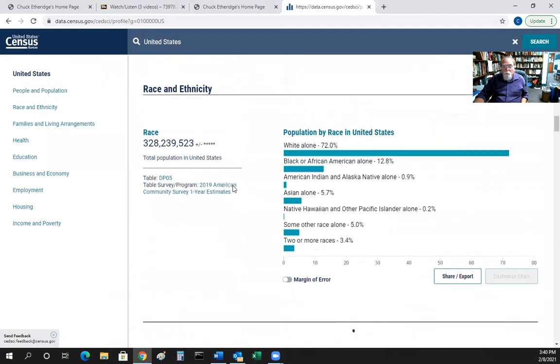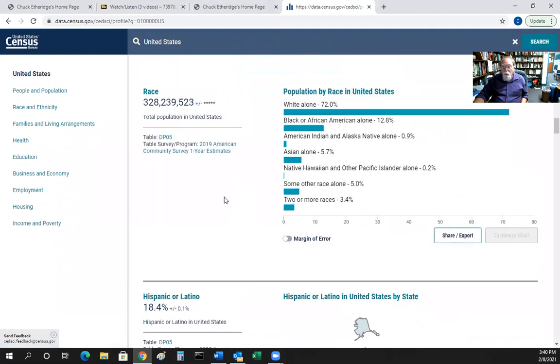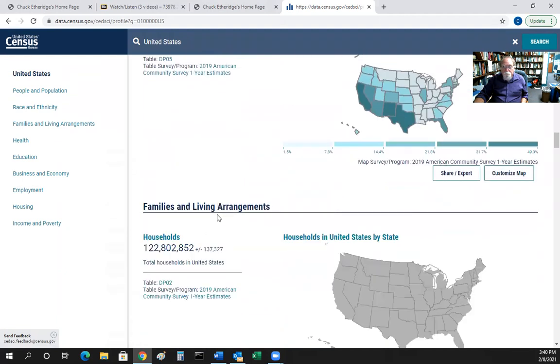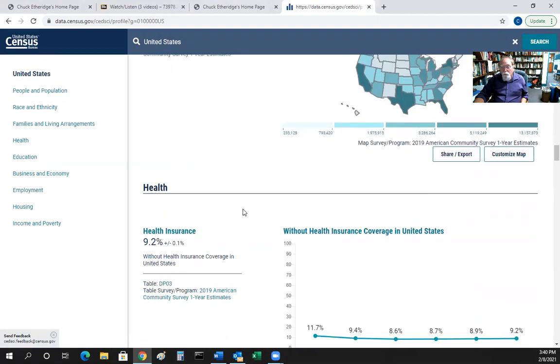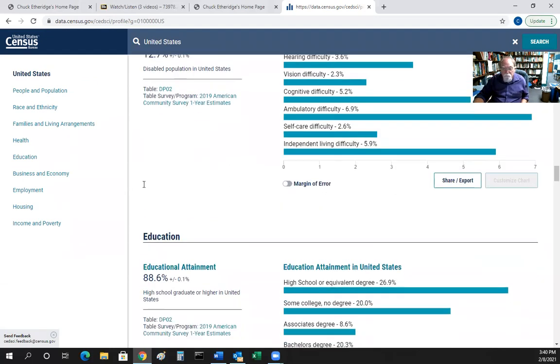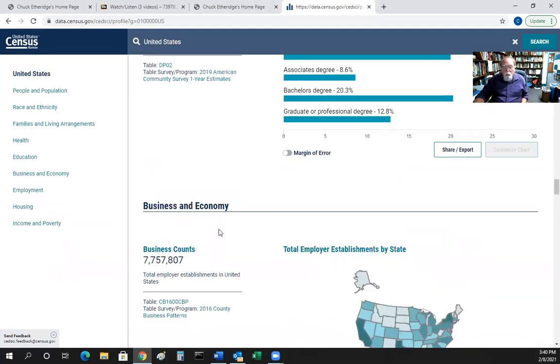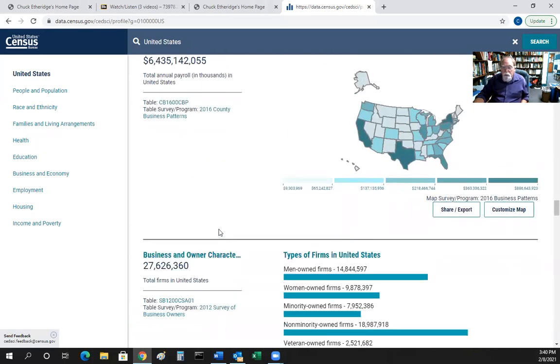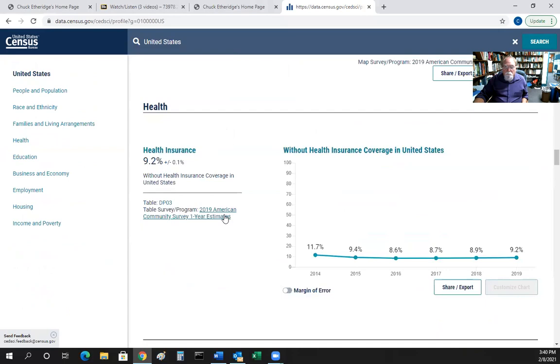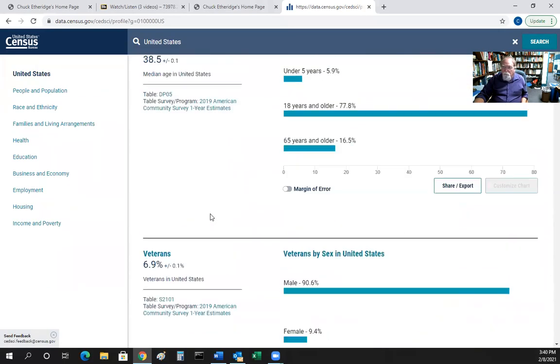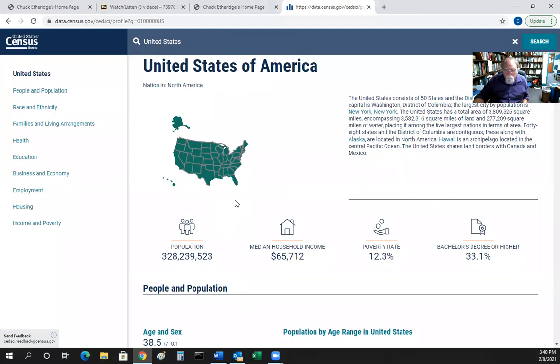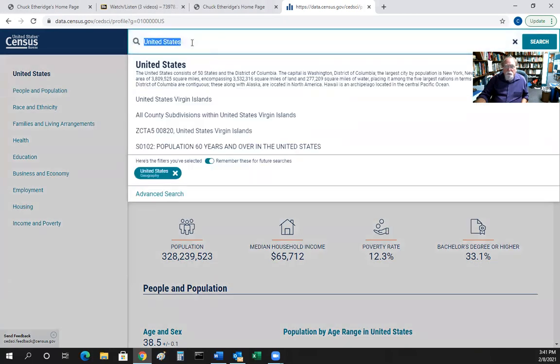Veterans, people born elsewhere, language, race, and ethnicity, number of households, number of people with health insurance, people on disability, educational attainment. And won't go through all of these, but depending on what you're looking for, some of this data can be relevant, and the census is a very respected source of information. But remember, for the purposes of what we're talking about, median household income and poverty rate. So about 65.7 and 12% in poverty. So let's do